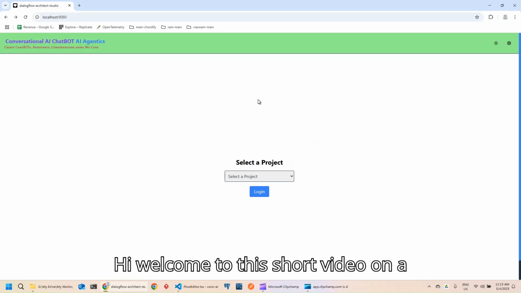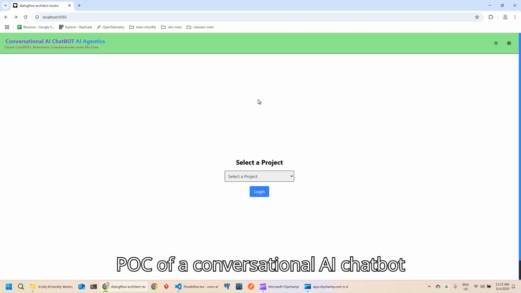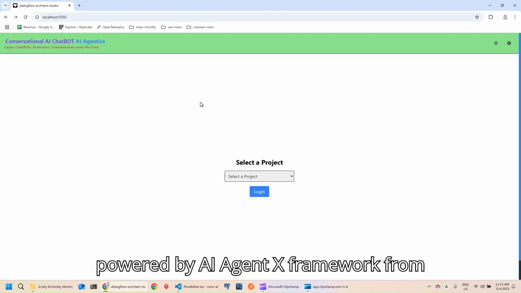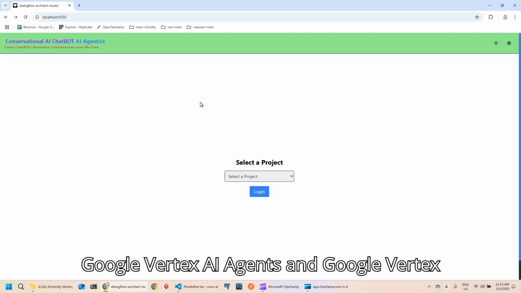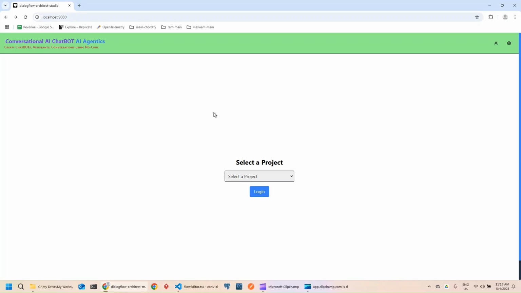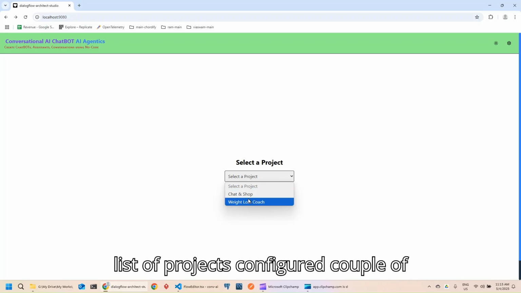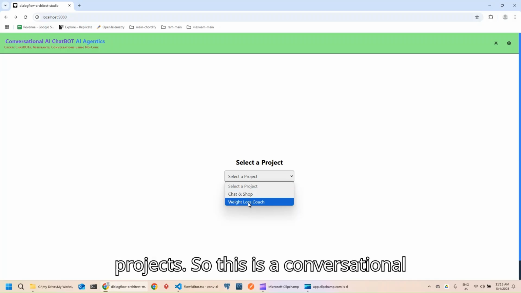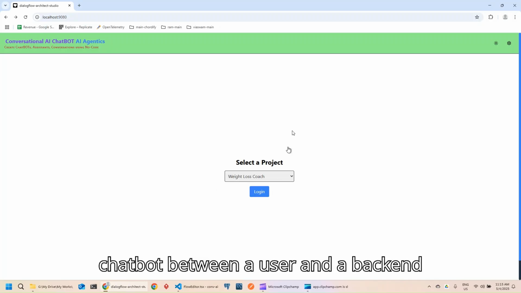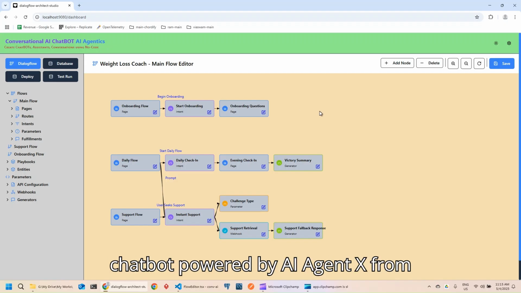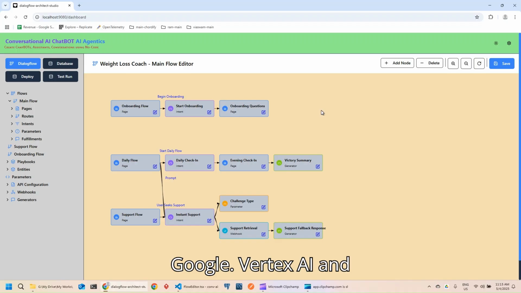Hi, welcome to this short video on a POC of a conversational AI chatbot powered by an AI Agentics framework from Google Vertex AI Agents and Google Dialogflow CX. So essentially, this is our list of projects, a couple of projects configured. This is a conversational chatbot between a user and a backend chatbot powered by AI Agentics from Google Vertex